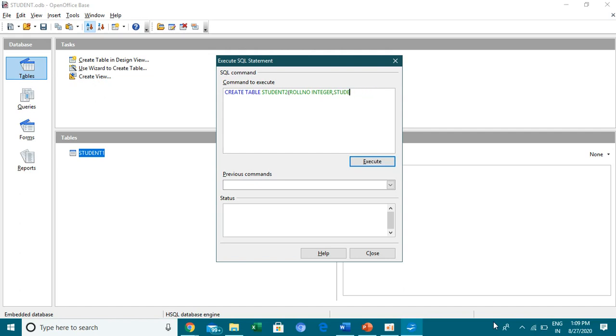Here, spaces are not allowed in names in the query language, so don't give a space. For that you have to use the underscore symbol. So student underscore name, space, varchar. Give the length of the field as 20.